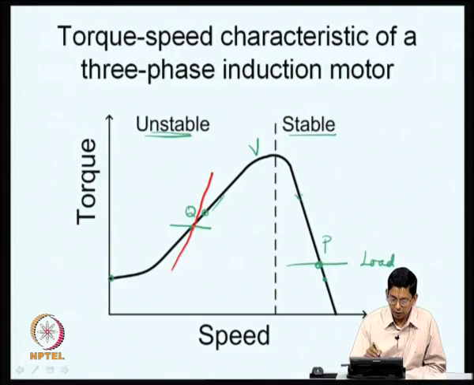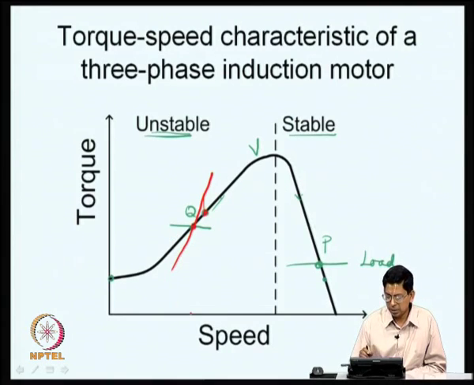Let us say from this operating point Q, it once again goes back here. So, what happens? It is now producing a slightly higher amount of torque, but at that speed the torque demanded by the load is still higher, and therefore, there is a decelerating effect and the motor load will come back to this same point Q. So, it is possible to operate it in the so called unstable region by having a different kind of torque speed characteristic as I have shown here, but we generally do not do that, because at this point